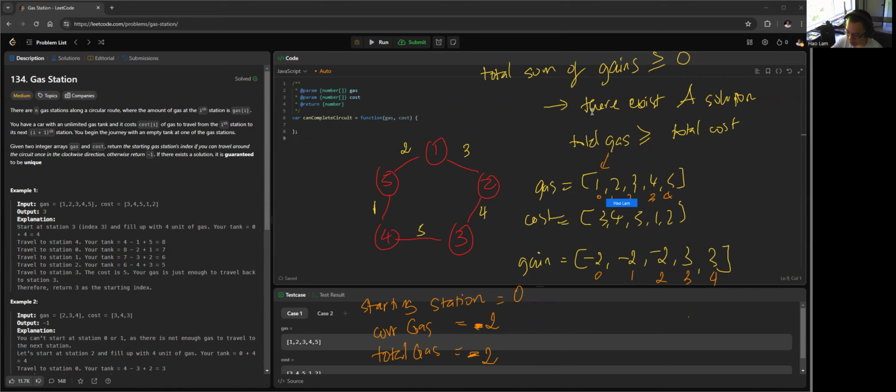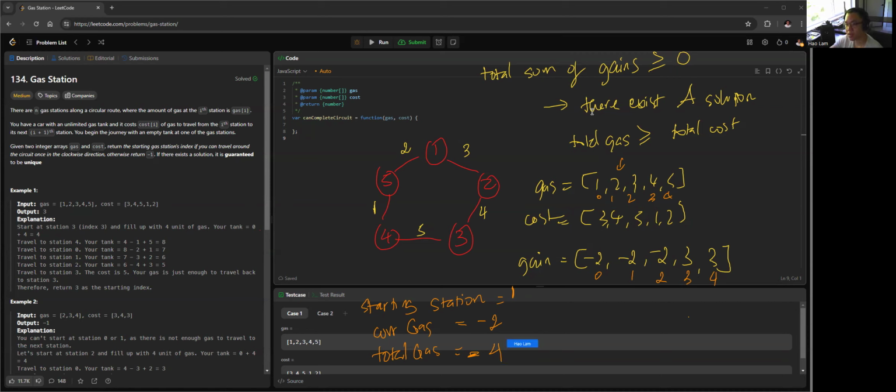We should reset the starting station to the next station, station 1, reset our current gas to 0, and keep trying. Next, our gain will also be -2. The total gas will now be -4, and because it is negative,